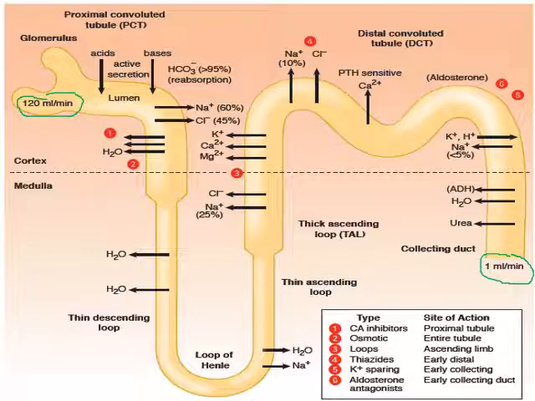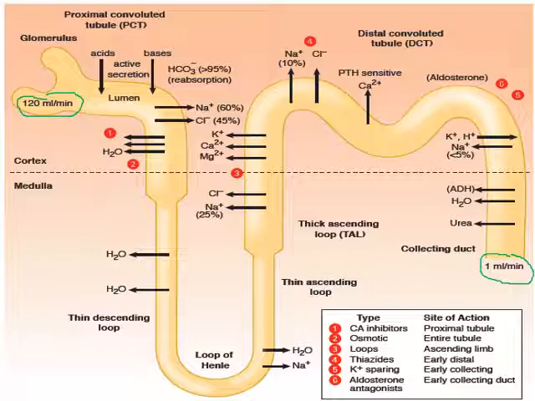So what is happening to the filtrate, to the ultrafiltrate? 99% of the filtrate is getting reabsorbed, so only 1 milliliter per minute of the filtrate is getting out of the kidneys. So the rate of urine formation is only 1 milliliter per minute, while GFR is 120 milliliter per minute. Most of the fluid is getting reabsorbed. And for that reabsorption purpose, we have different transporters that are embedded in different sites of the nephron.